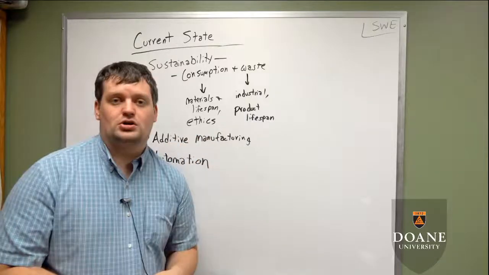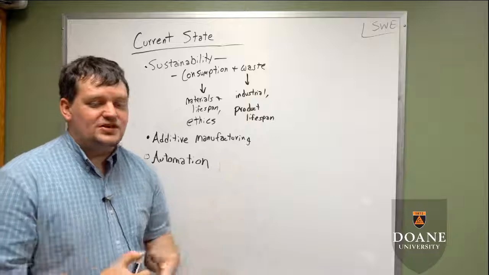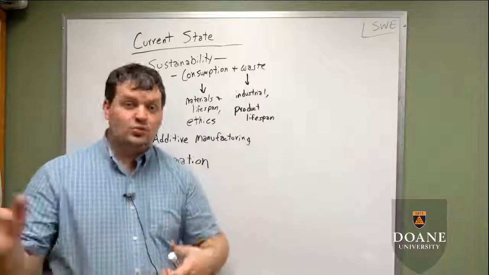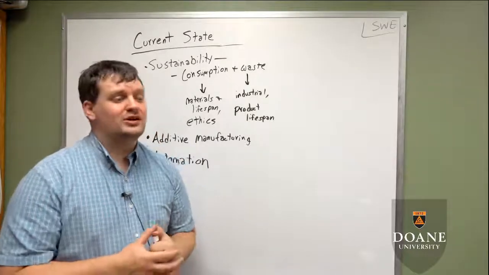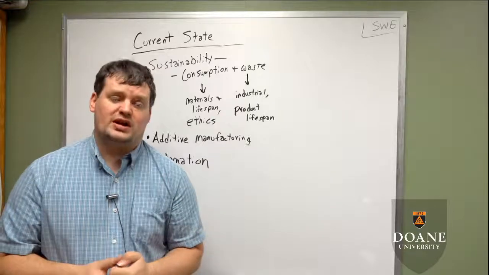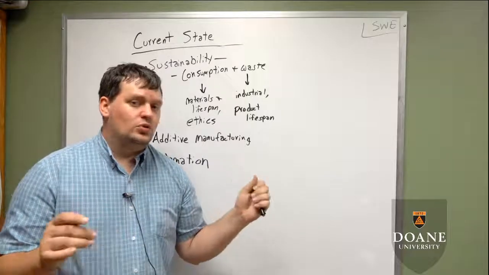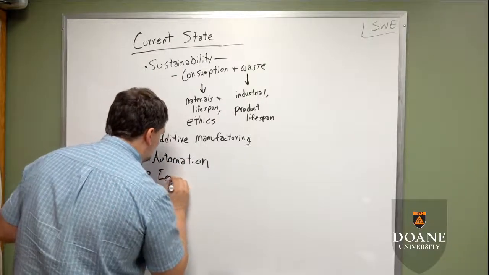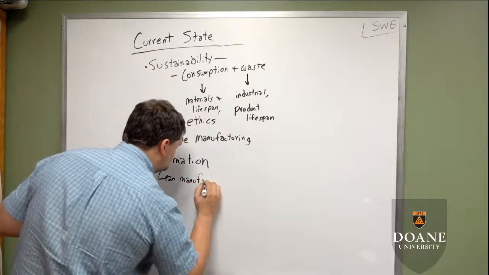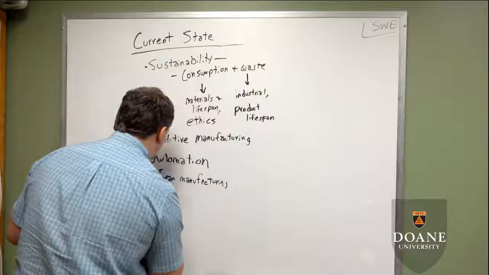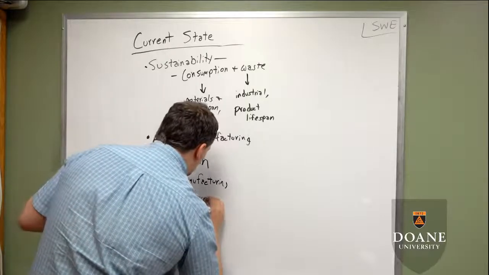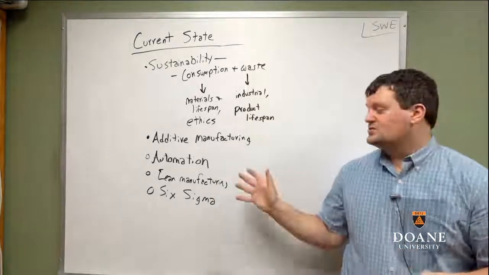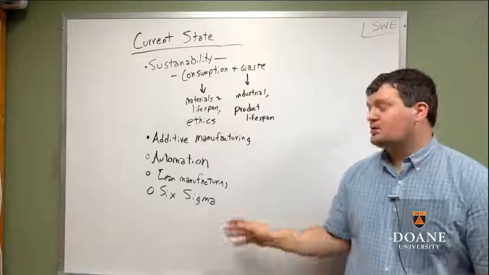ethically inclined towards. So this is, again, just a very high-level discussion on manufacturing, where we're at right now, where we've come from, and where we're going. We don't always know where we're going, but we do know what's in the works right now. So we'll talk about some of these topics more. Oh yeah, and of course then the lean manufacturing and Six Sigma, which we talked about at the very beginning. But we'll talk more about these topics in depth throughout this semester. And as we get closer to the end of the semester, you're going to be employing some of these